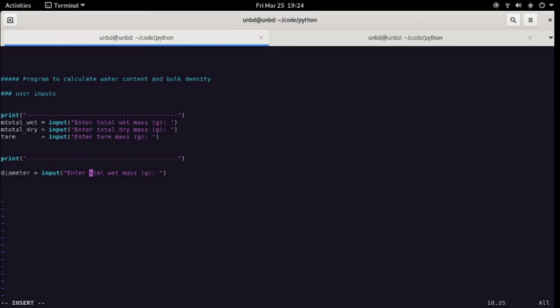Enter the diameter of the cylinder in centimeters. Going to go ahead and copy this here. I'm just putting, this is going to just print a line there just for aesthetics. It doesn't really matter. So let's call this here